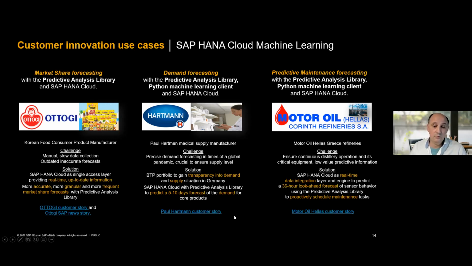And for that, the data scientists implementing the project actually were also leveraging the Python machine learning client, which really helped to accelerate the implementation success of the scenario. The same was true for Motor Oil Hellas, where 3 or 4 data scientists from an external implementation partner took the same approach, using Python as their expert homegrown environment against HANA Cloud, which again